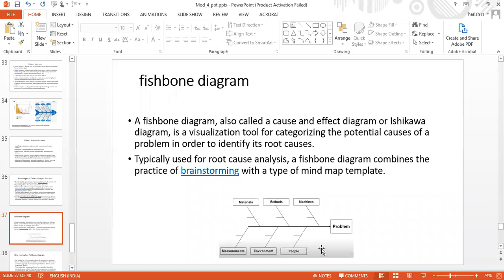There can be various bones coming out like branches. They have to sit and think from various points of view to raise the causes of the problem. To analyze the root cause, they have to combine all the reasons together and, just like a mind map, write a template. This is just an outline of the diagram where you have materials, methods, people involved in the problem, and the environment. If the environment is continuously raining, or now, say, the environment is coronavirus, can all the people get together to solve one problem?